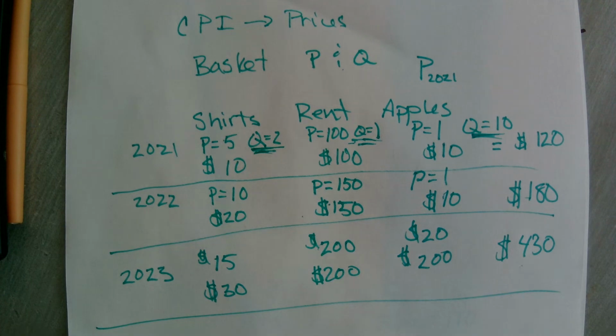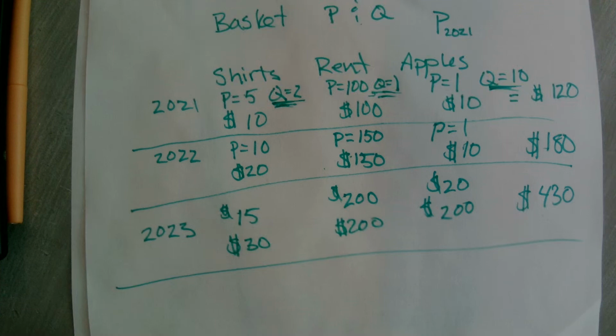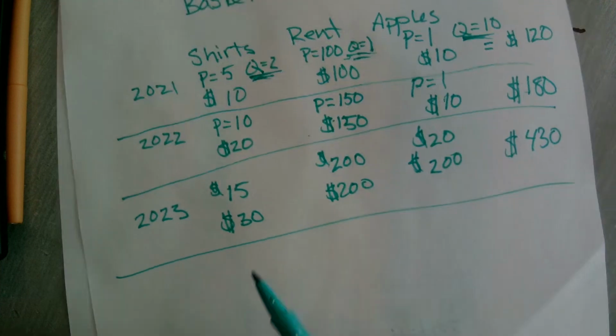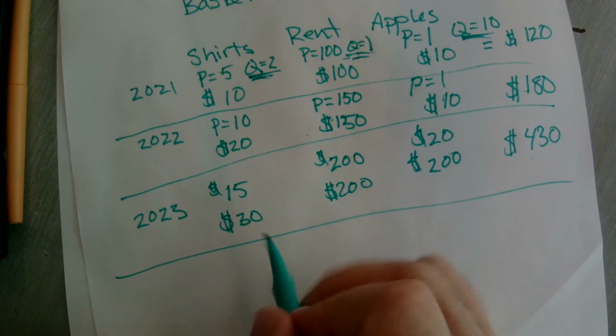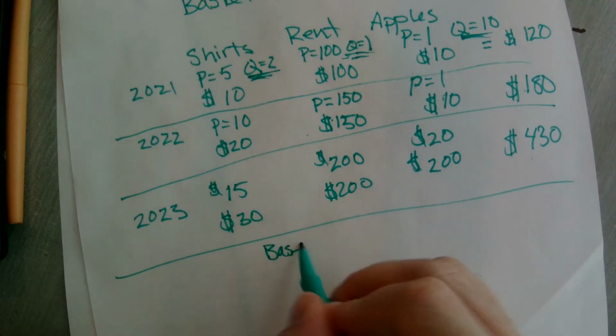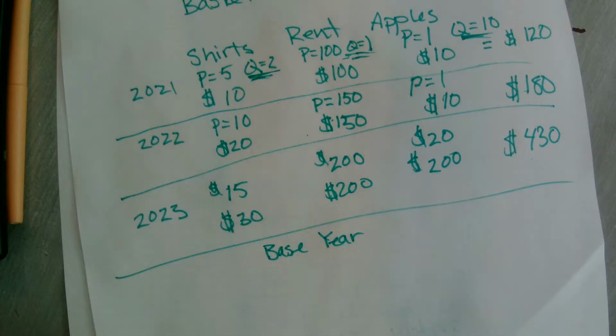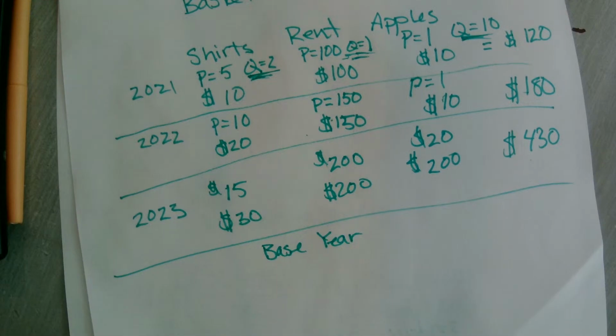Well, to make an index out of this, we need to make prices relative to a particular year. And it actually doesn't matter what year we make prices relative to, because remember, prices are changing over time. So we need to make all prices relative to a specific time. We can define whatever year we want to make things relative to, and that year will be called the base year. You're free to pick your base year to make prices relative to that year.